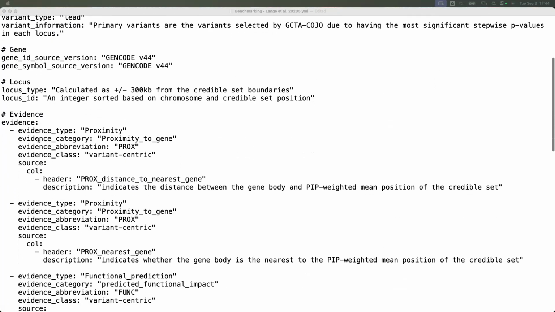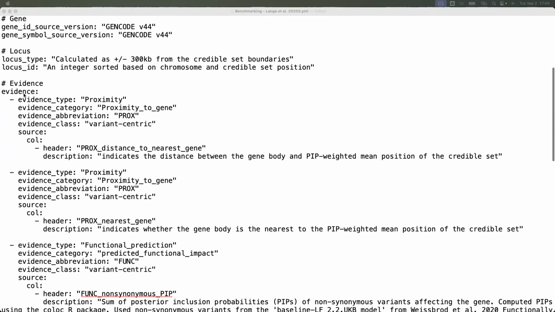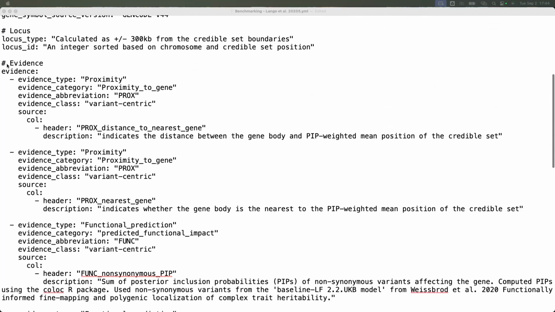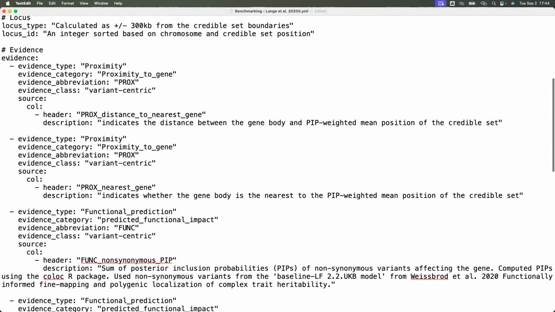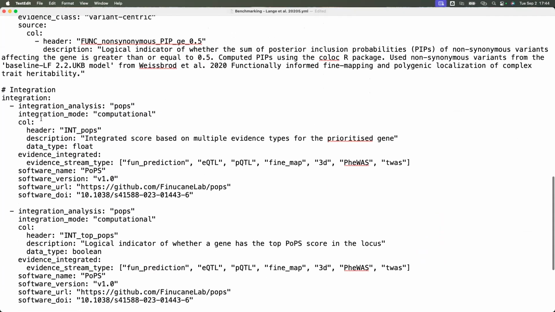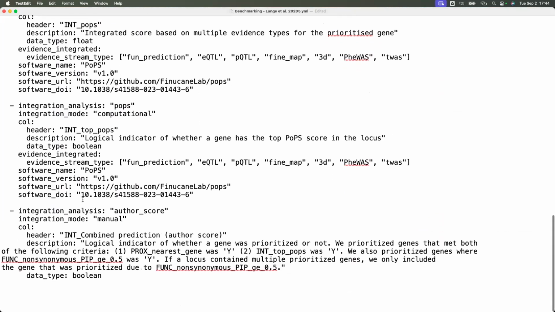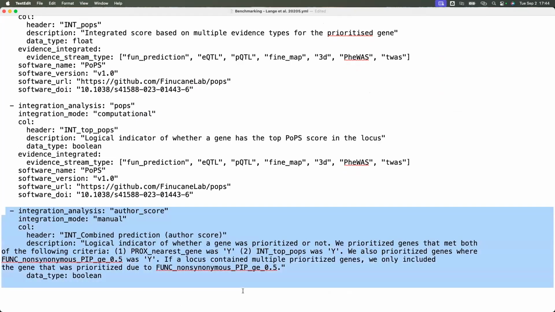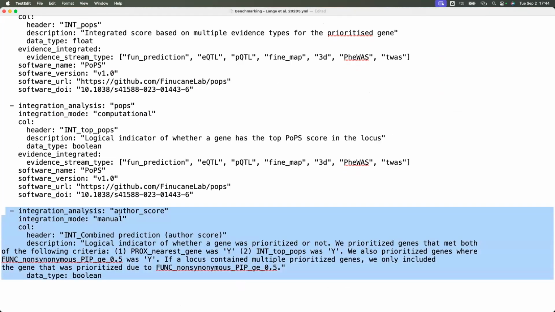So yeah, proximity, I described all of the columns that I showed you in the Excel spreadsheet earlier, but the bottom one here is the integration. I copied what was already in the template, which was to refer to this as int combined prediction author score. And I filled in a description, and there was some logic of how this was done.